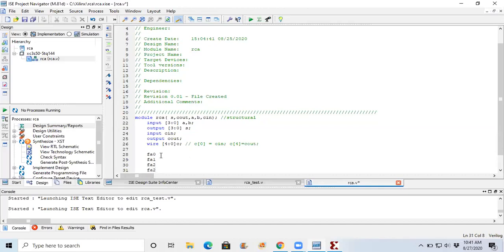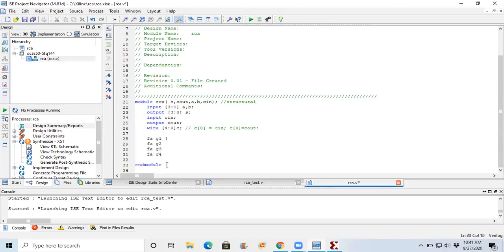In all the 4 full adders, the full adder is the same thing, but I've used it 4 times. So one full adder only I'm going to use, but I'm using it 4 times. So I have 4 gates: full adder gate 1, full adder gate 2, full adder gate 3, and full adder gate 4, because I'm using it 4 times. Now how will I write? Let me write the program for full adder just below this.